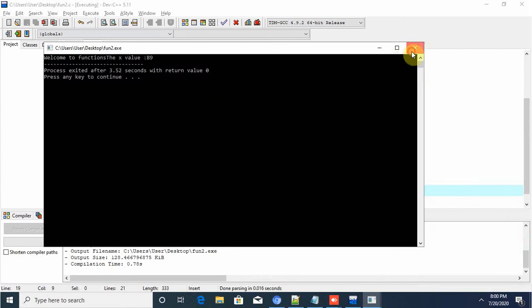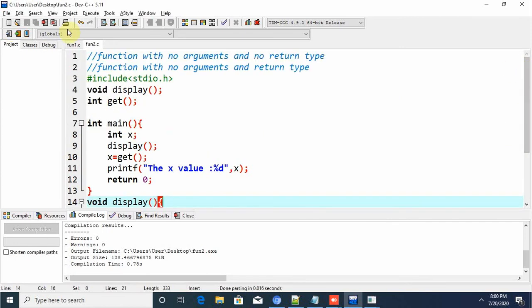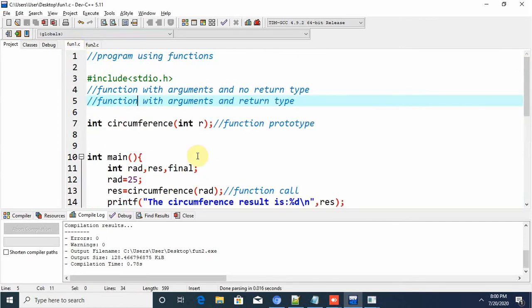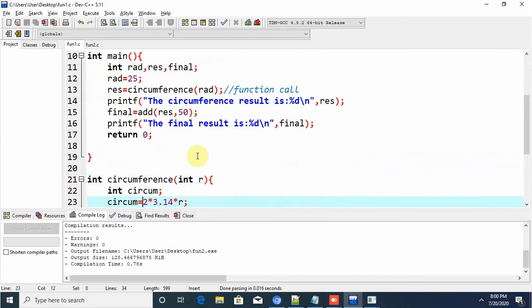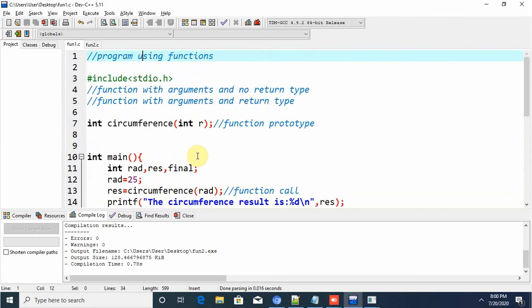So these are simple cases actually. With these we don't create functions and all. The first file here I have created now. So this is very important. Always the function will be having some arguments and some values to be returned to the main program. So this is for the case for functions.